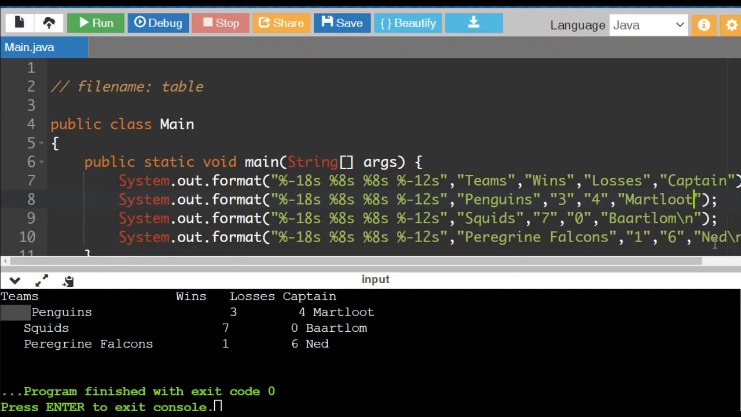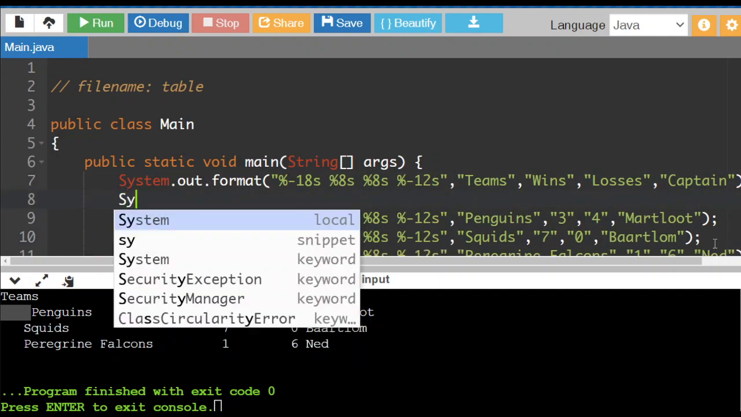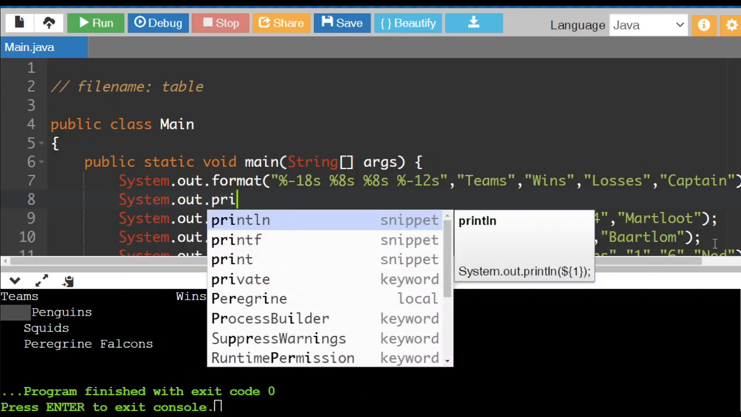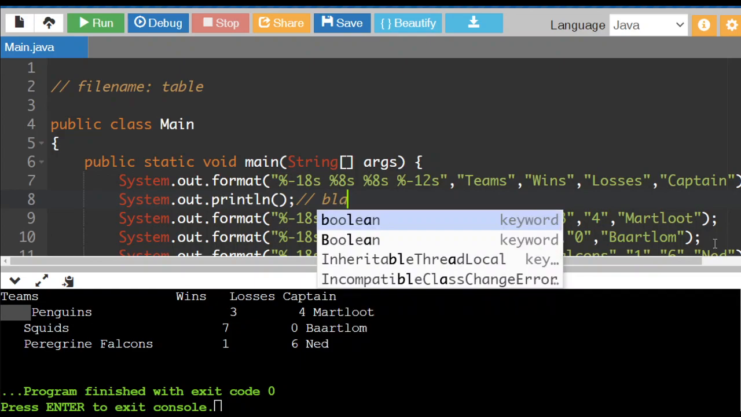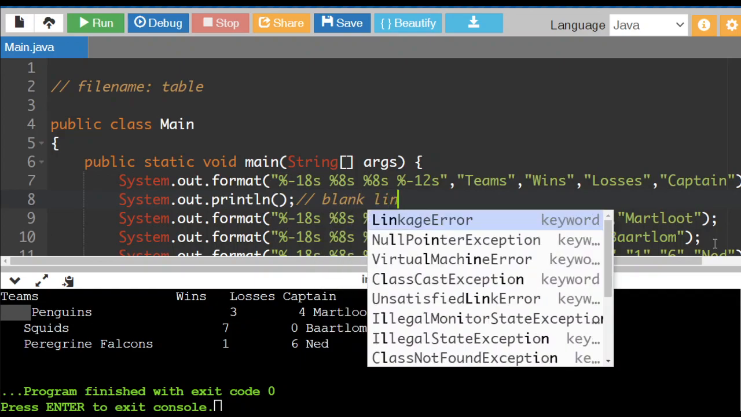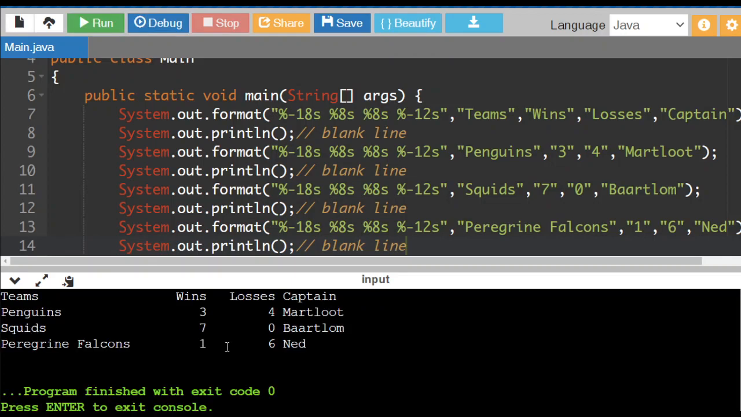What you want to do is put kind of a blank line here. So here's how I'm going to do this. System.out.println with nothing. This makes a blank line. This is typically what you want to do in between rows of a table. And then when you run it, it's all nicely lined up. Your text is along the left. Your numbers are on the